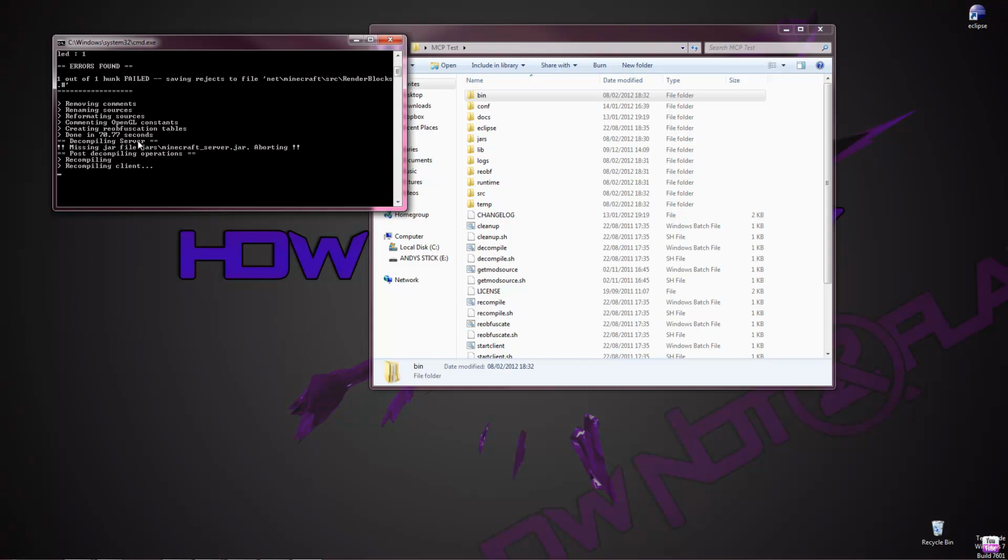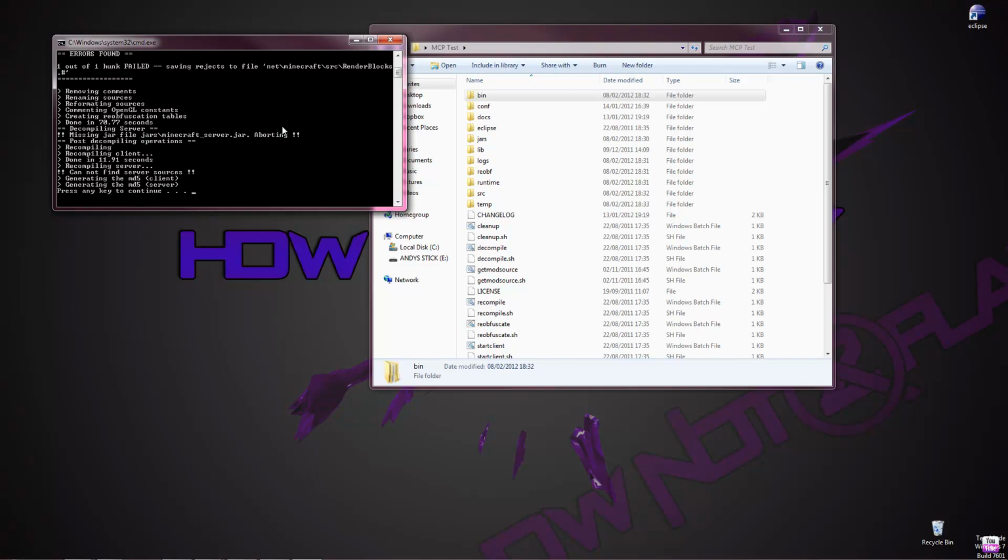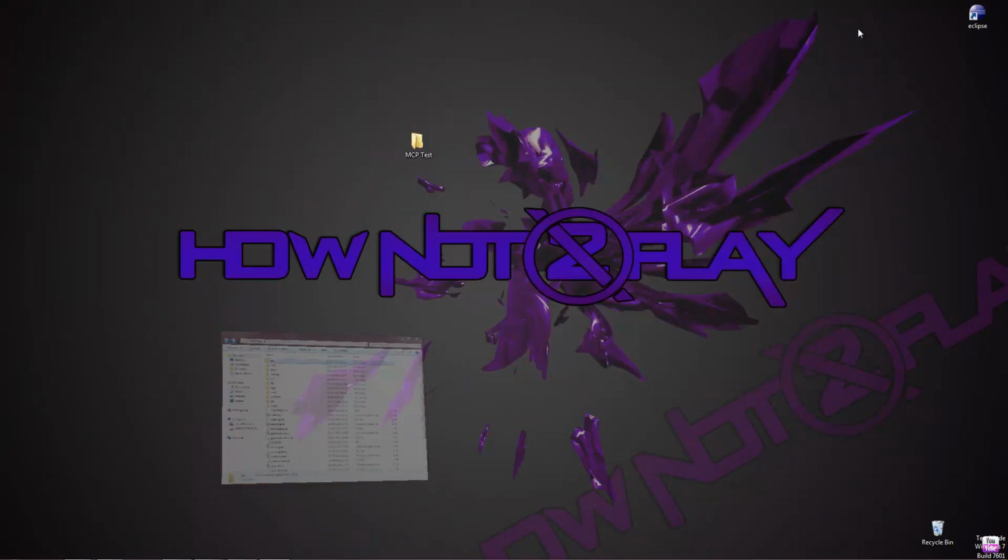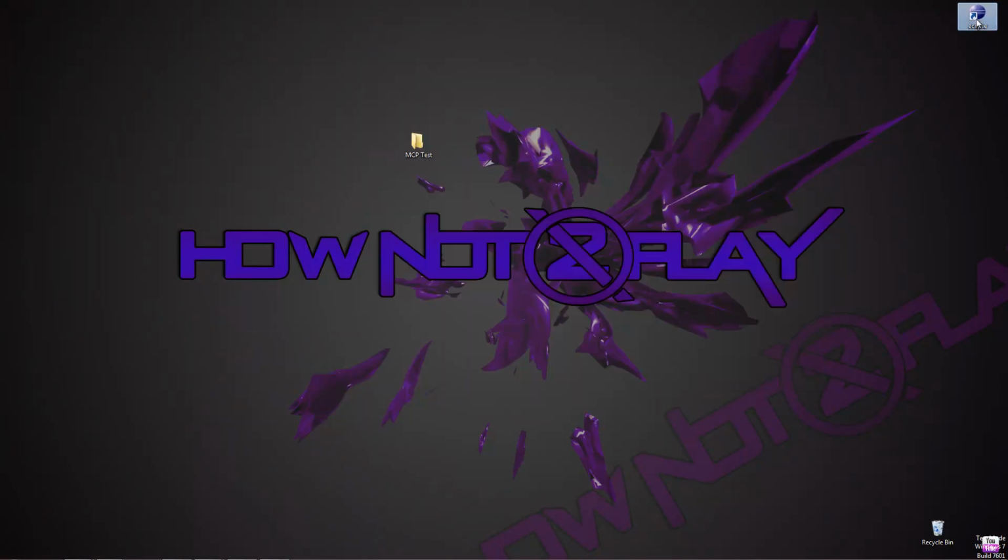Also, it will say decompiling server, missing jar file jars/minecraft_server.jar. Just ignore that because we're not modding with the server. Then it will say press any key to continue. Just hit enter. Then you want to open your Eclipse,